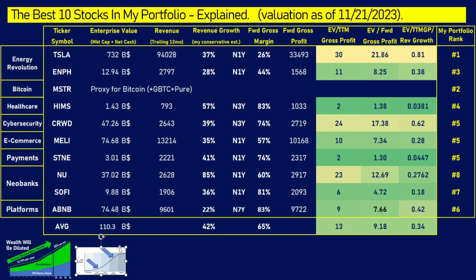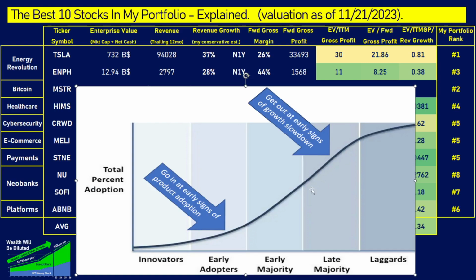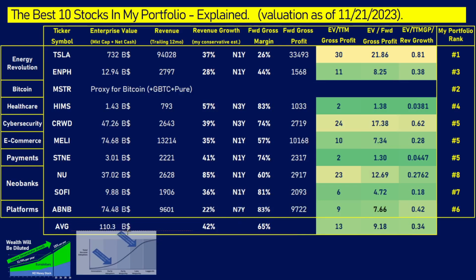I want to invest in stocks that are early in the S curve. I invest in this part of the S. I don't invest here. Pre-revenue companies that don't have revenues yet, I don't touch. And I don't touch companies that are established. I invest really at the heart of the S curve. That's my style. So anyways, StoneCo grows fast, great